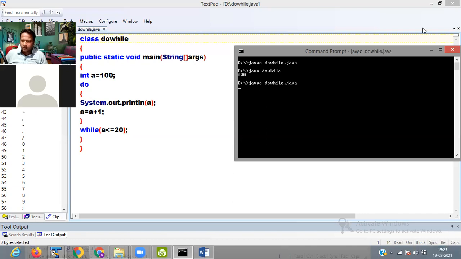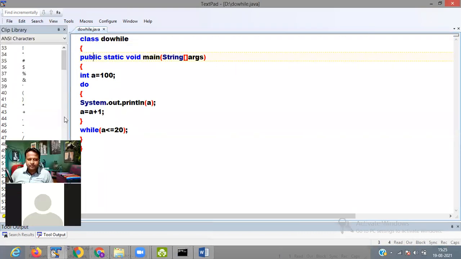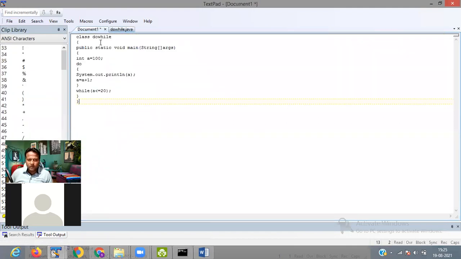And in the case of a while loop, suppose the same program, if we use a while loop, where the condition is false.